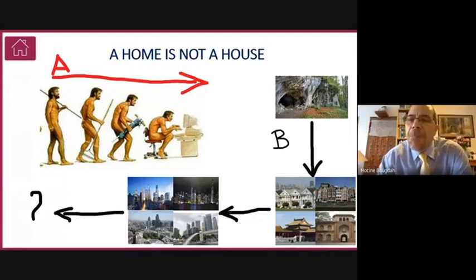So if we start with the first part, which is a home is not a house, perhaps given the choice, I would turn it on its head. I would say a house is not a home, because a home is a house plus something else. So a home is, for me, more than a house. No matter.